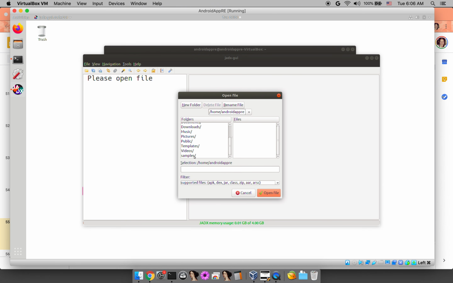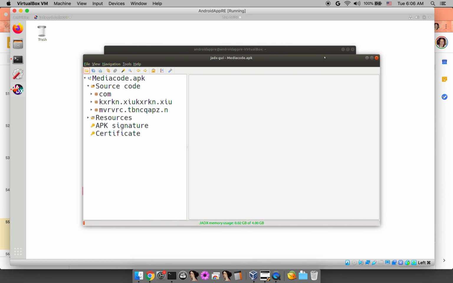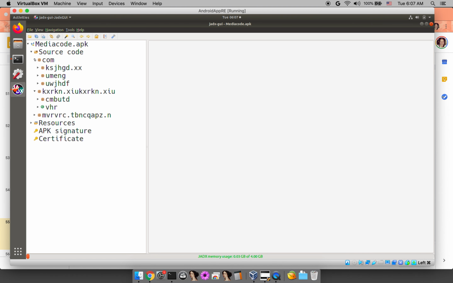So all of the samples should be in the home directory, and then samples, and we need mediacode.apk. So there's lots of stuff going on here. Clearly you would have started somewhere and ended up reverse engineering and coming to the point that you were interested in